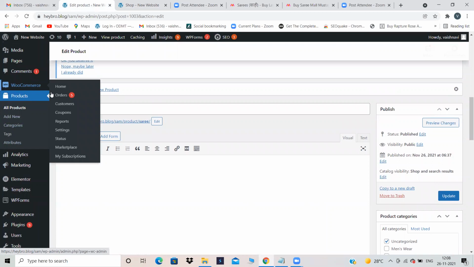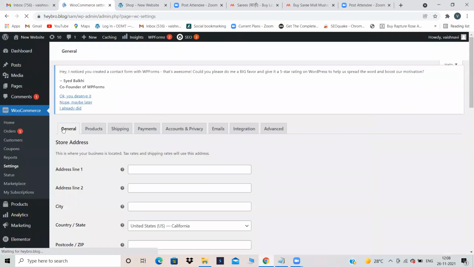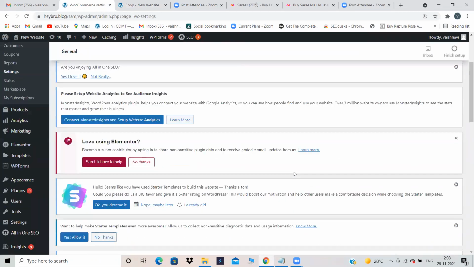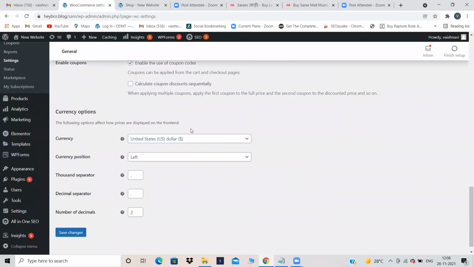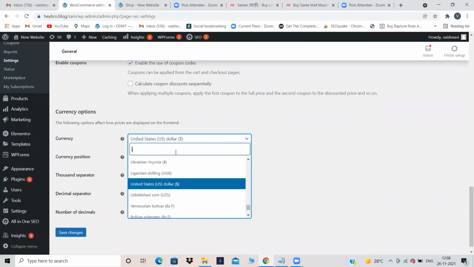Here in WooCommerce, there is an option called settings. Go into the settings option. By default, it will take dollars, but you have to change it to rupees. Scroll down to currency, United States US dollars. WooCommerce settings, currency. And I am changing it to